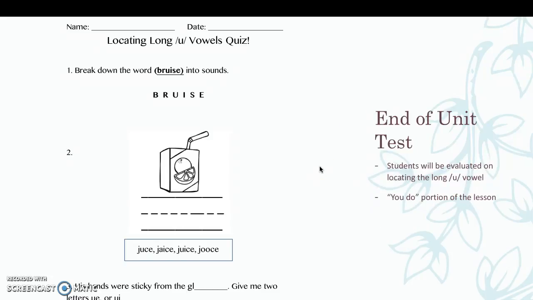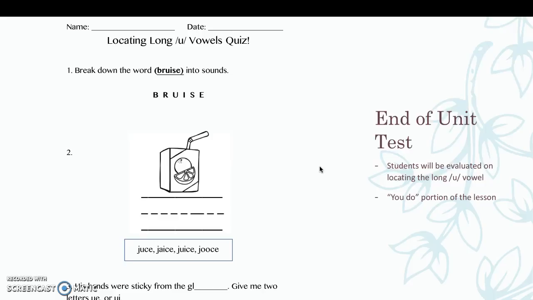For the summative assessment, there is an end of the unit test. The end of the unit test is where students will be evaluated on locating the long U vowel. This evaluation will be implemented during the you do portion of the lesson, since the test is part of independent work. In this end of the unit test, there will be questions where the students will have to break down